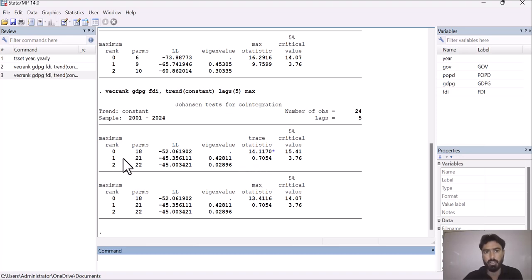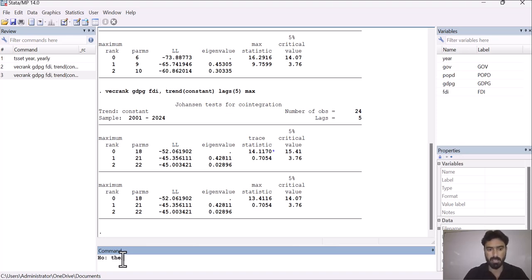There is one cointegrated equation, and the alternative is there is no cointegrated equation. But as you can see, our trace statistic value is less than this value, so we cannot reject the null hypothesis. So what would be the null hypothesis in this case?